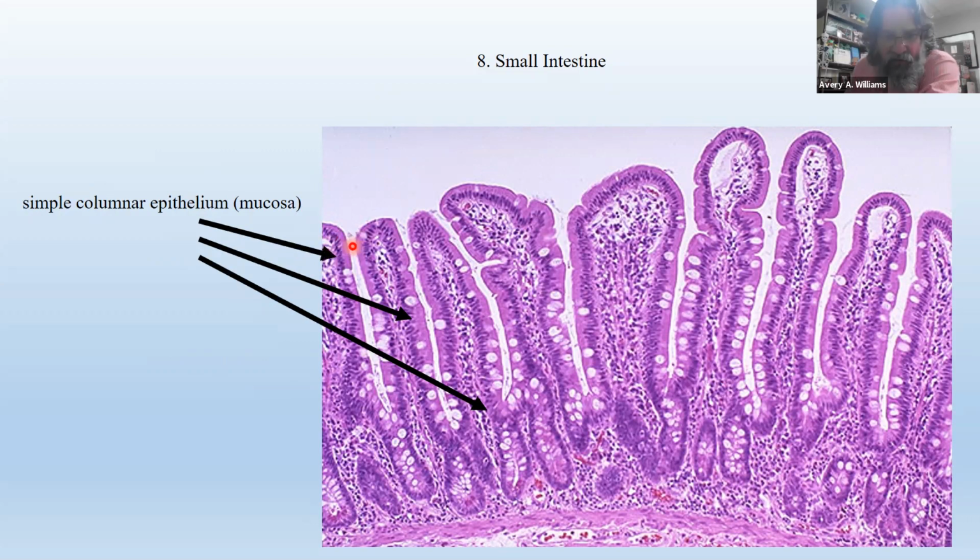And you can tell that's one cell layer thick on these column-shaped cells. Say that real fast. The little white spots you see every once in a while, you see those things? Like holes. Those are goblet cells. Some slides, the goblet cells look like little grainy things, but here they kind of look like little empty pieces or something. Those are goblet cells. Anyway, simple columnar epithelium lining the